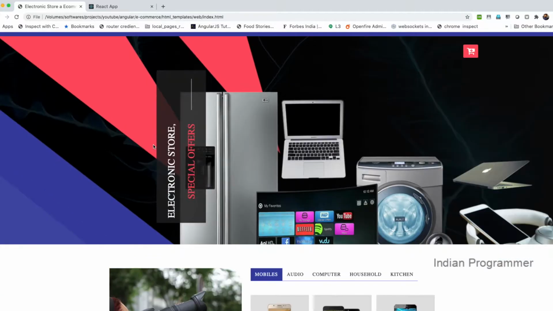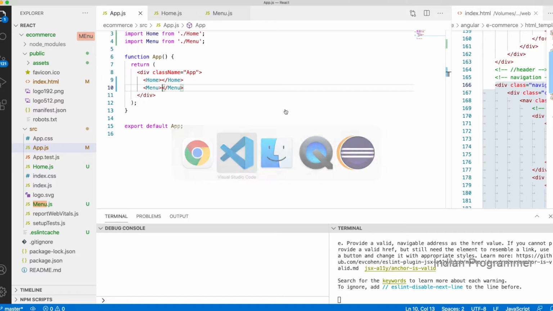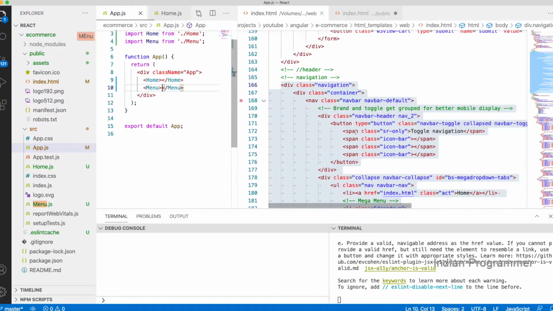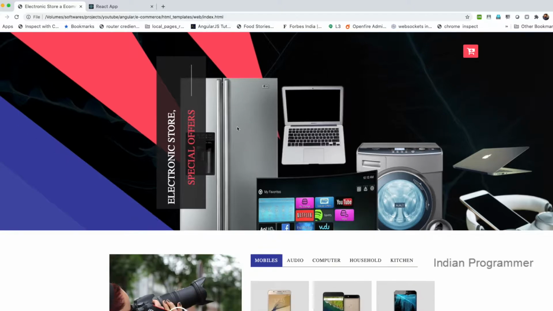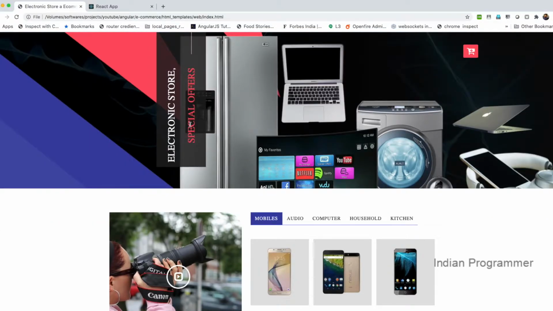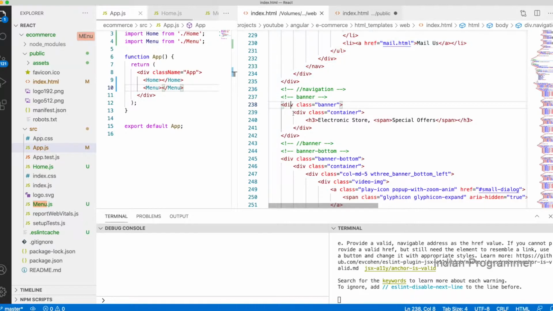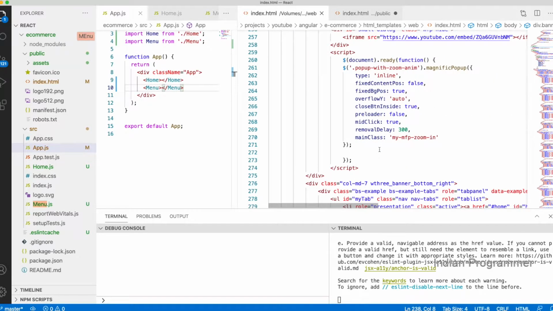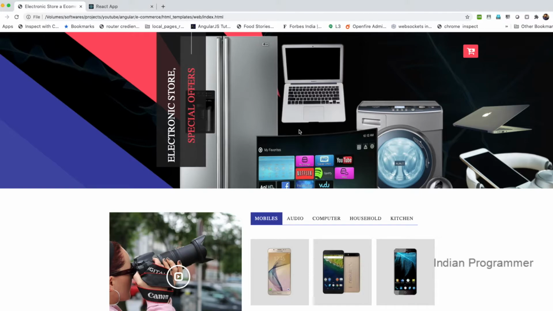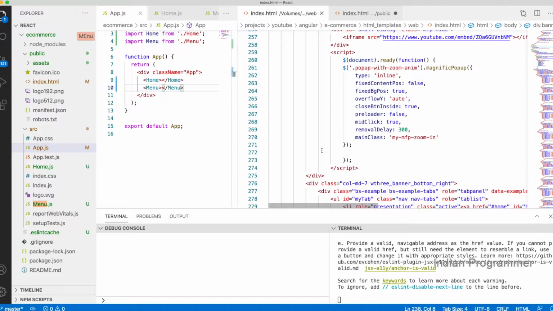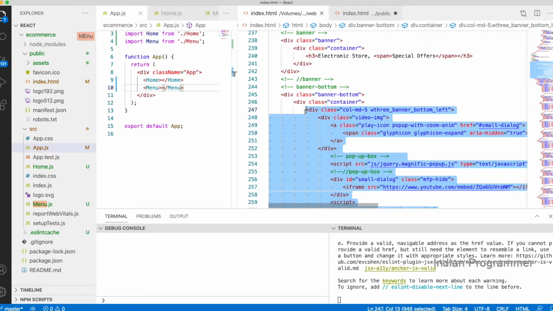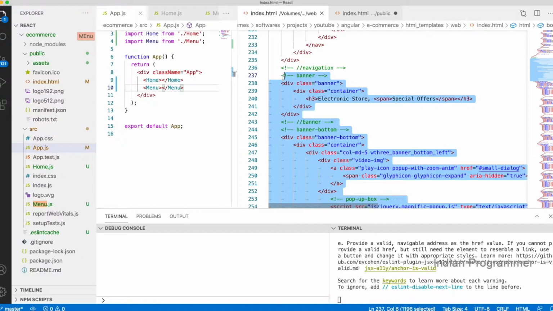Next thing is we need to show the slider from our HTML page. So the next part is the banner actually. So banner container, internet store, special offers. Okay, this is the banner and this is the banner bottom, I think. So up to there it is the banner bottom actually. I think I don't need this, as it can't work in a React application. First I will copy the code and then move this thing. So I just copy the banner.